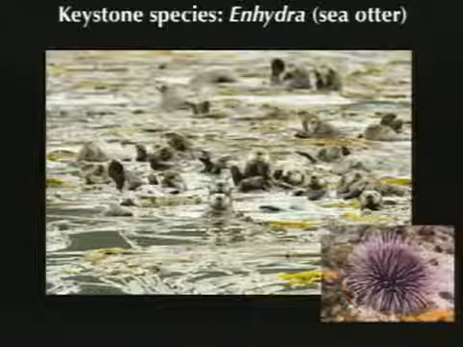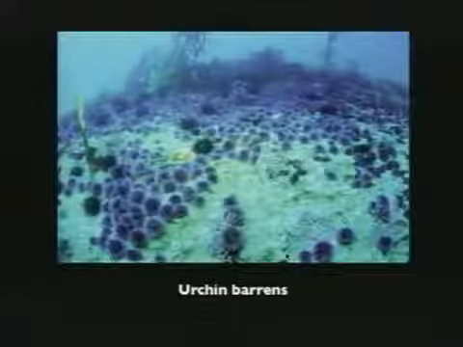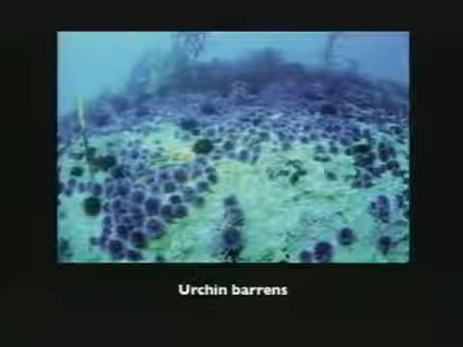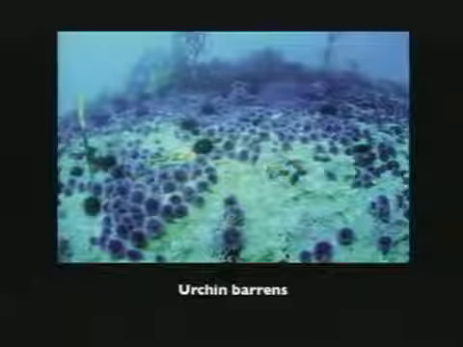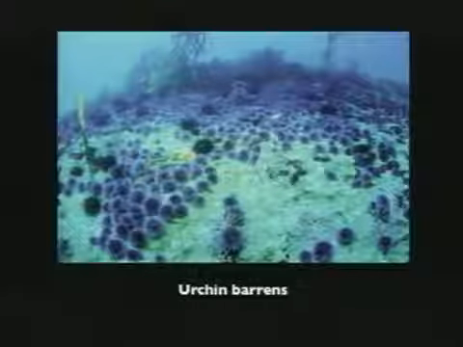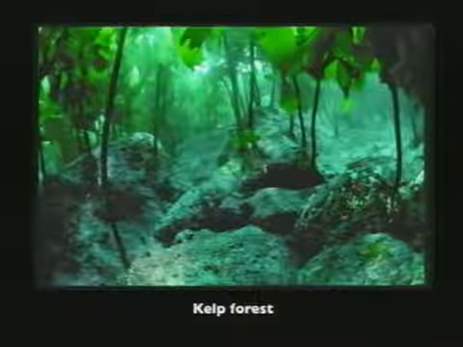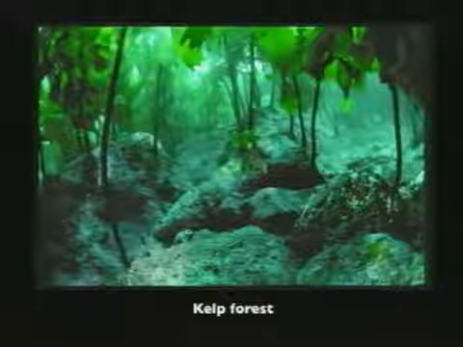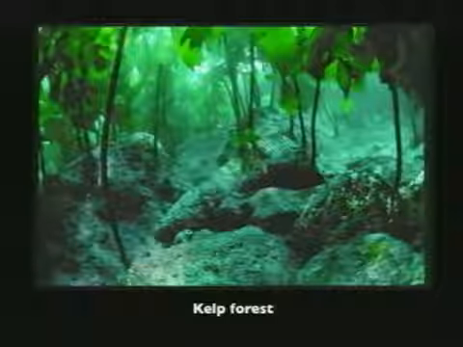What happens when you remove the sea otters? When you remove the sea otters, the urchins go crazy. And the urchins can wipe out whole kelp forests as a result of their appetite. They reproduce quite well in the absence of their major predator, and they can devour these kelp down to the base. And these kelp systems are fabulously diverse. If the water were more clear, they would be exquisite places to scuba dive. They're still pretty good, but it's just that the waters around here are not always so clear or so calm.